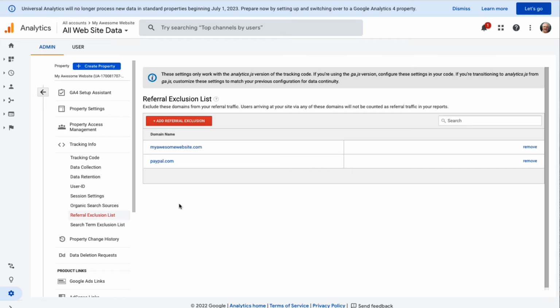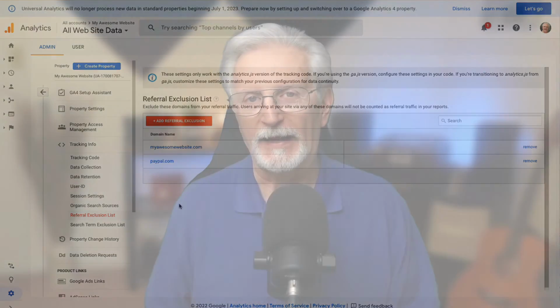And that's it. Now you've just added PayPal to the Google Analytics referral exclusion list, and it's going to track the original source and provide you with accurate traffic data. Google Analytics normally takes 24 to 48 hours to apply an exclusion. You can check your referral source data again after that time to check and see if the exclusion list is working for you. We hope that this video has helped you to learn how to set up a Google Analytics